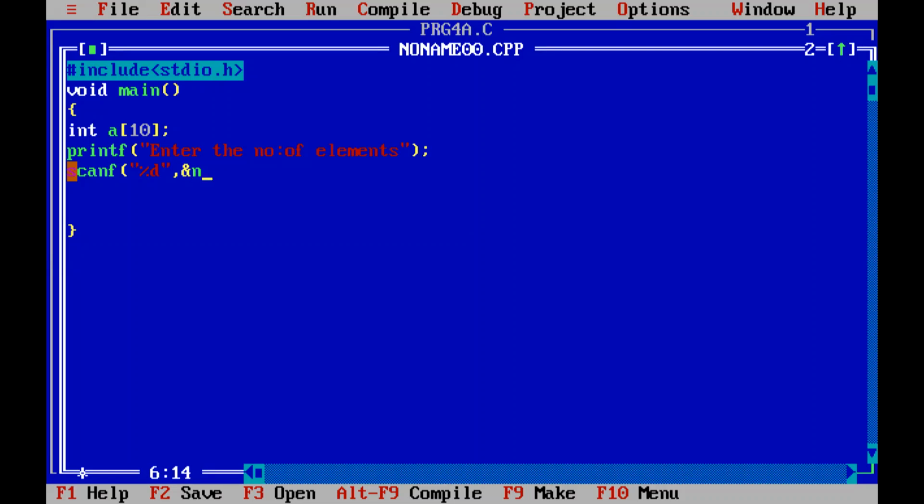So we are accepting in a variable called n. Even though we declare the size of the array as 10, I want all of you to send the screenshot now itself after typing, because yesterday I had explained, I'm doing it again. So you have to do it now itself. Otherwise, I will not accept your execution. Okay, so scanf("%d", &n);